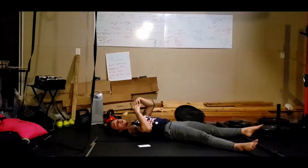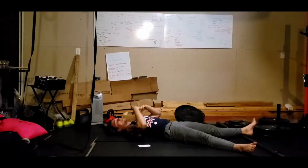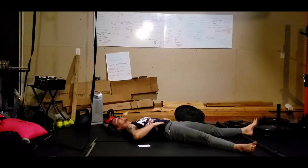It's not about holding your breath. It's about breathing in, finding that tension, and then being able to relax that tension and the breath. But you shouldn't be feeling like you're holding your breath at all. It should just be the tension in your abs. If you need more sensation there, breathe in,